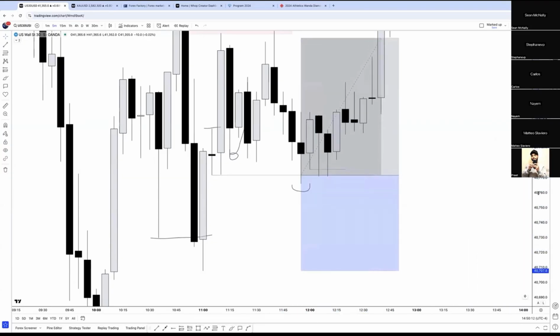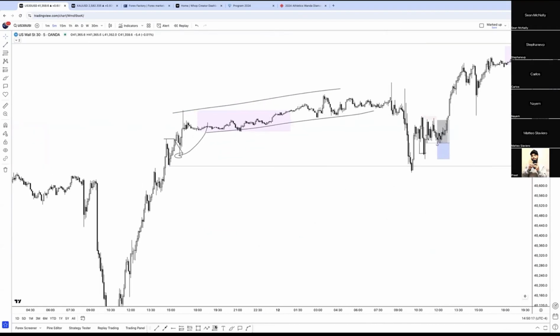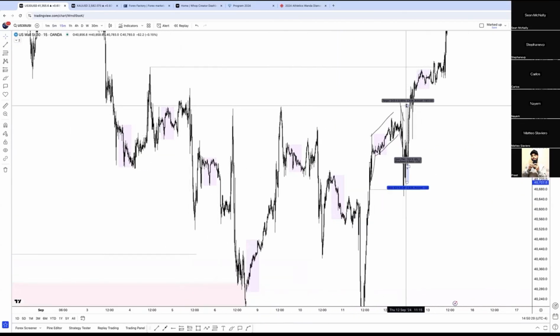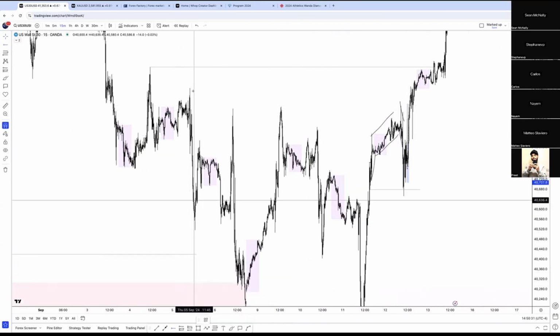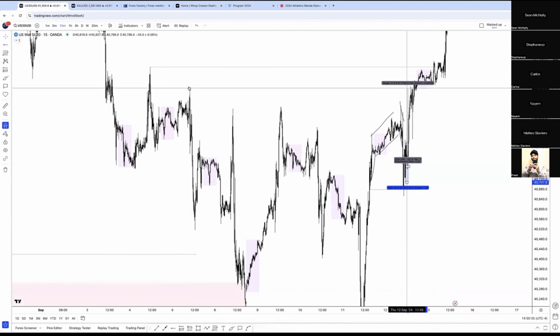Perfect. This is textbook. Where do we target? We have this buildup of liquidity we've left on the way down. Not only that, that gives you a 1 to 4-ish. We also have the highs to the left we've been talking about. All of these guys. So if you just want to target even this to be safe, boom. And a 1 to, what is this? About a 1 to 5 back up.